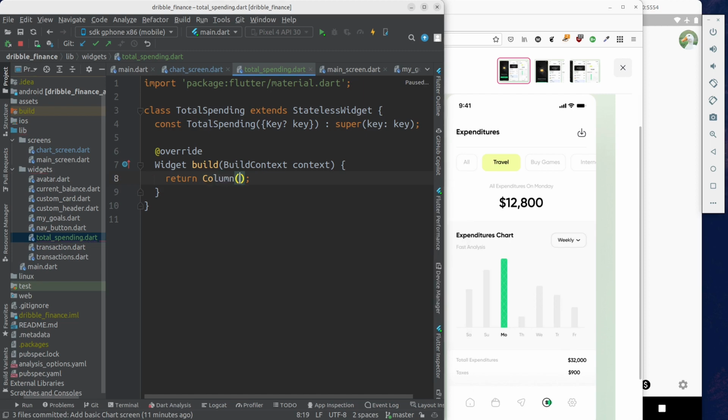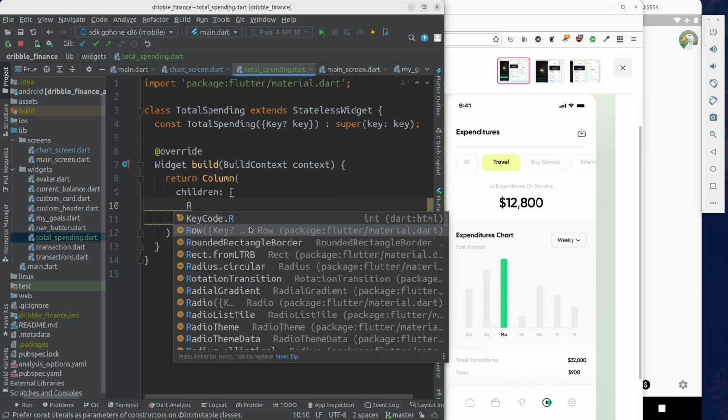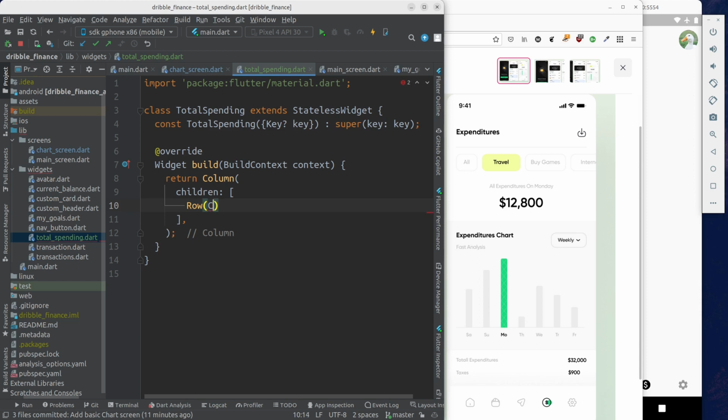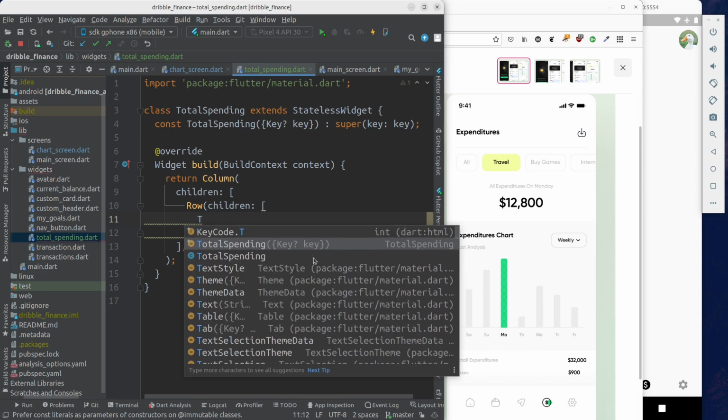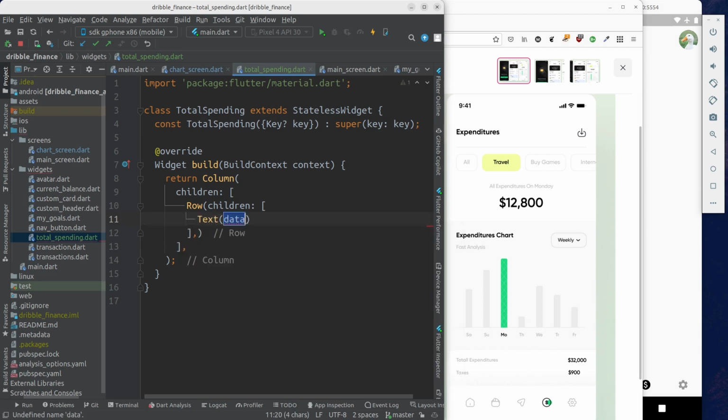Return column, children. We can create a separate widget for each, but this is just too simple, so I create a row for each. And in each row will be text and text, right? So children of the row text, total expenditures,